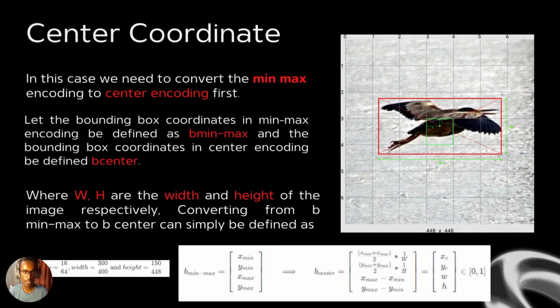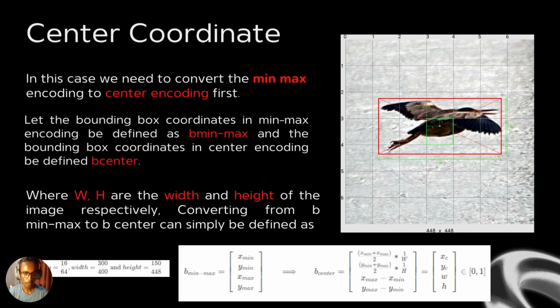In this case, we need to convert the min-max encoding to the center encoding first. Let the bounding box coordinates in the min-max encoding be defined as b min-max, and the bounding box coordinates in center encoding be defined as b center, and let uppercase W and H be the width and height of the entire image respectively. Converting from b min-max to b center can be simply defined as follows: if b min-max is given as x min, y min, x max, and y max, then in order to compute b center, we add